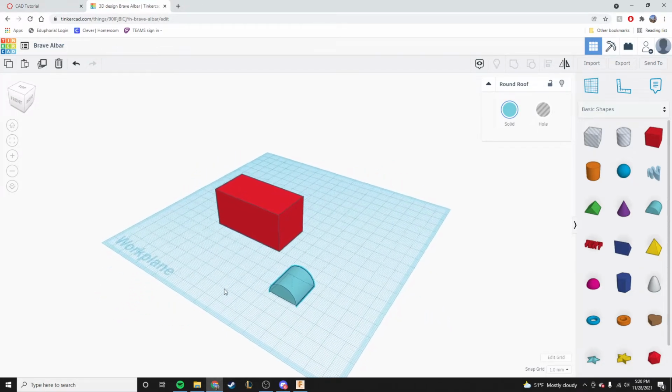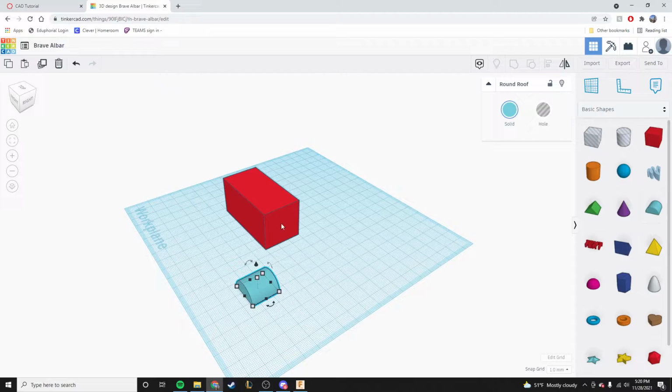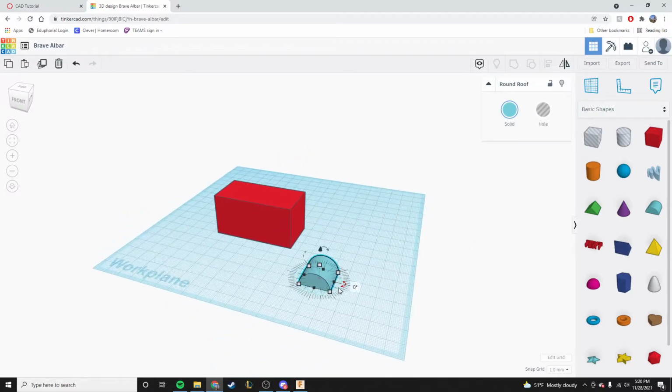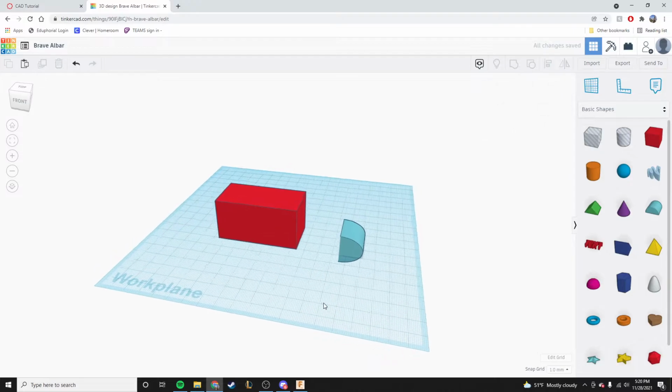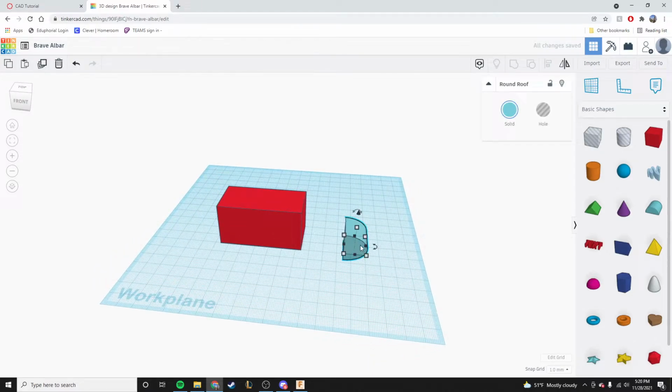So what we need to do is find a way to put that semicircle on the end of our piece here. You can do it by taking this semicircle and rotating it using these controls here. Rotate it up like that, and then drag it over here until it meets up with the end and try to get it to match up exactly. It'll work eventually, but the easier way to do that, let me delete this real quick,